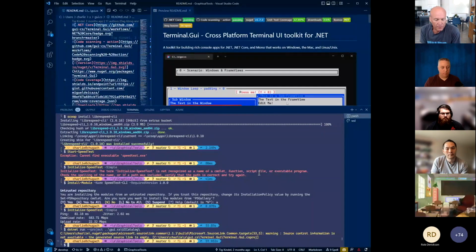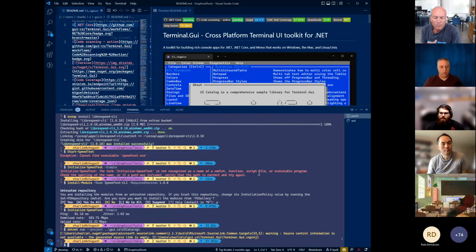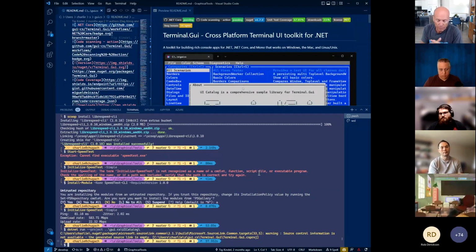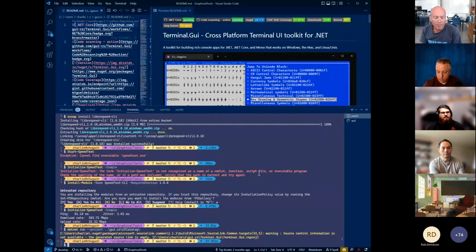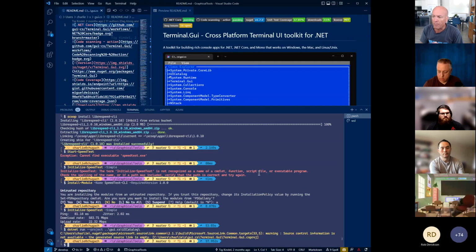As we were working on this, we discovered that Tyler Lenart, who used to be on the PowerShell team, had built a new version of Out-GridView, which is a traditional GUI, Windows and somewhat cross-platform GUI experience that provides a grid view for PowerShell. He had built one using terminal.gui that works completely within the console, and it's called Out-ConsoleGridView. I discovered that as I was maintaining terminal.gui, and I got to know Tyler. I helped make some changes and fixes, and now we've recently done a new release of Out-ConsoleGridView, and it's quite cool.